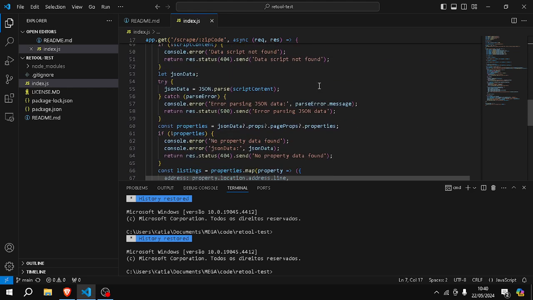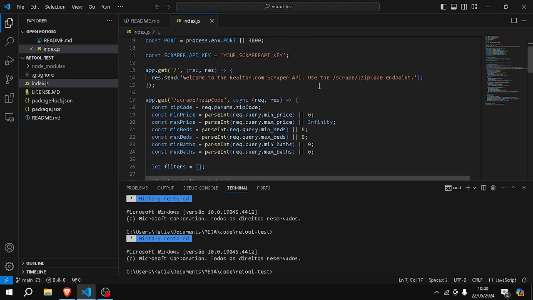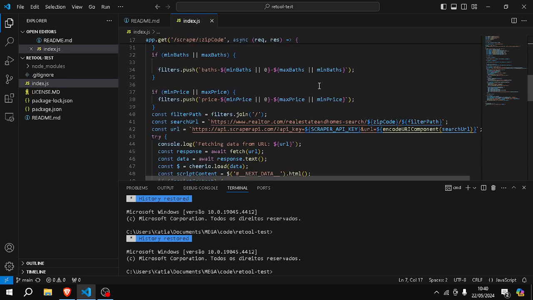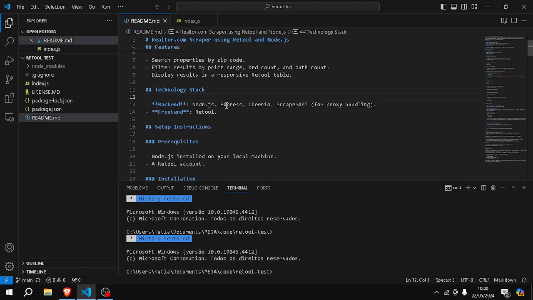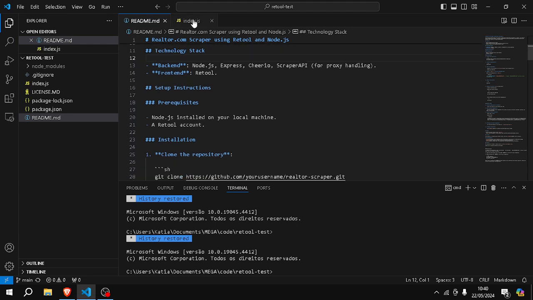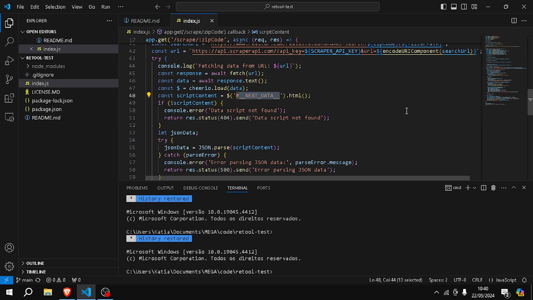Also, something I want you guys to notice here is that, as you could see, it can search by zip code, display the results, and so on. And we have to have the proxy via Scrape API here. I want you guys to notice this next data section here. You see the realtor.com